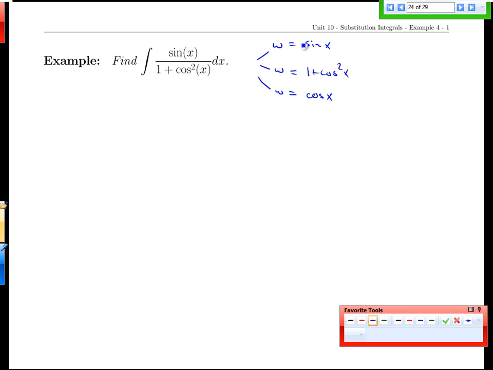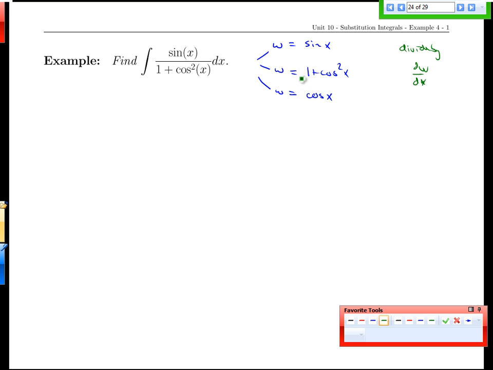And our job is to either try each of these and see what happens, and that's perfectly fine, it just might be time consuming. Ideally, though, we'd like to try to reason through which one of these would work best. And again, if we refer back to what the substitution is going to do for us, we're going to divide by dw/dx. As part of our process in the substitution, when we replace the dx part, we effectively divide by